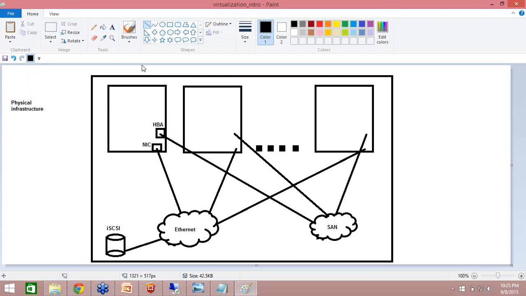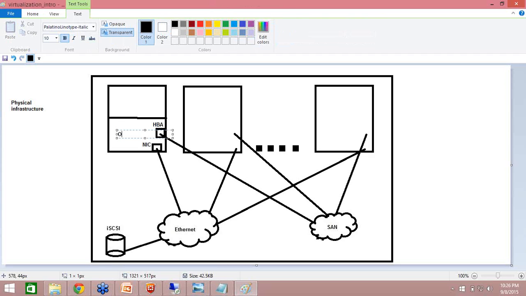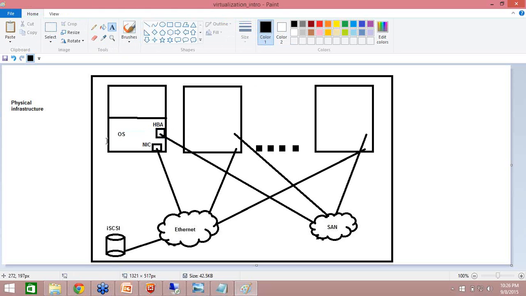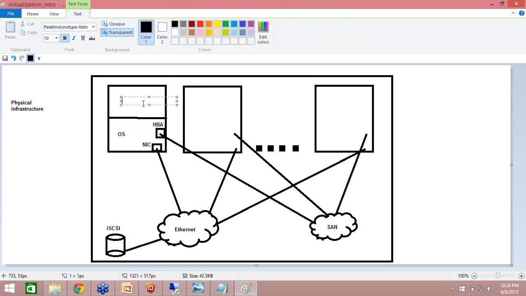So first thing, what you're going to do, you're going to install an operating system here. On the server, you're installing an operating system, maybe Windows operating system or Linux. Server operating system basically. Then on top of this operating system,